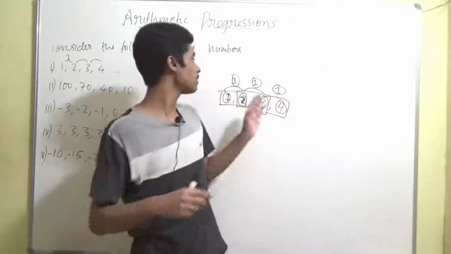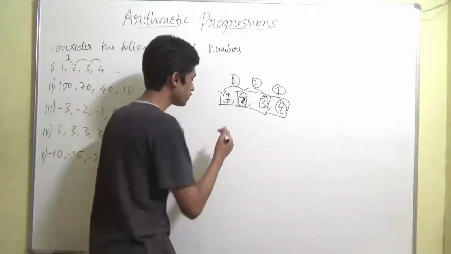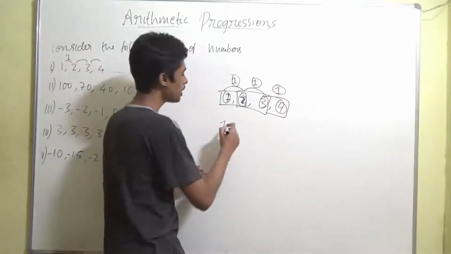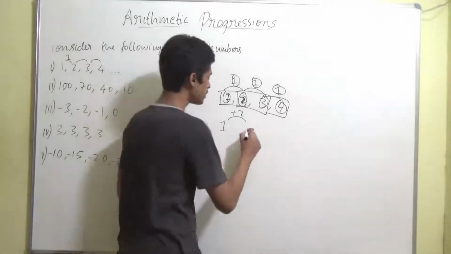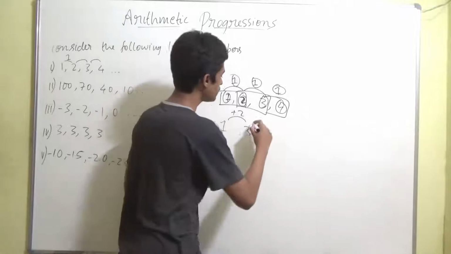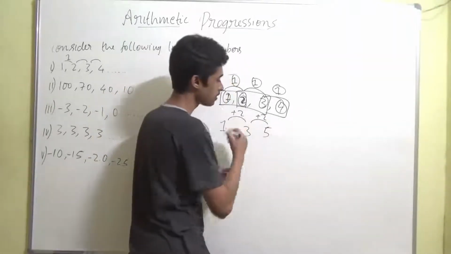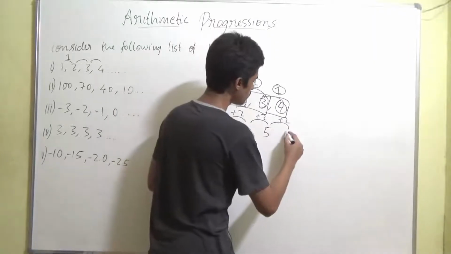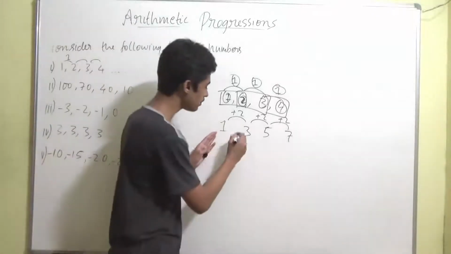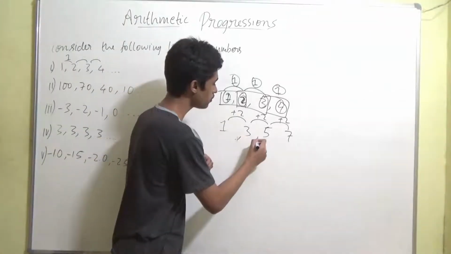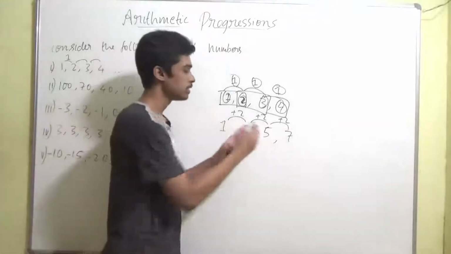It's not necessarily that we have to add only 1. It can also be something like this. For example, if the first term is 1 and you add plus 2 to it, the succeeding term of 1 will become 3. If you add plus 2 to it, the succeeding term after 3 is going to become 5. When you add plus 2 again, the succeeding term after 5 is going to become 7. If you see here, it is 1 3 5 7. If you see all these terms, the common difference between them is just 2.